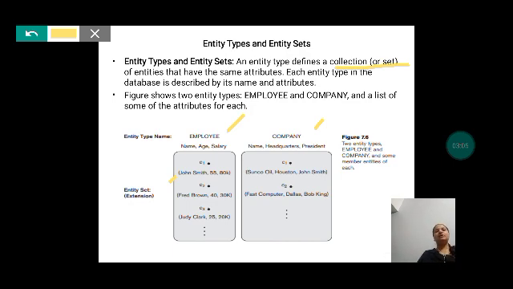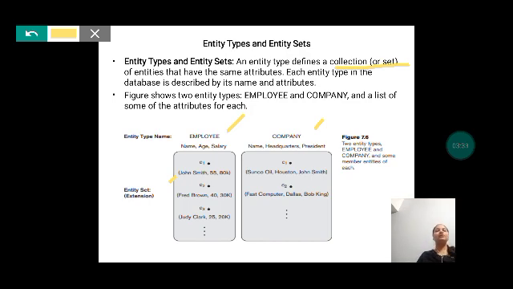If I want to enter the details of the employee John, I will enter the name as John, his age is 55, and the salary is say 80,000. If I want to include one more employee, Fred Brown, his age is 40 and salary is 30,000.